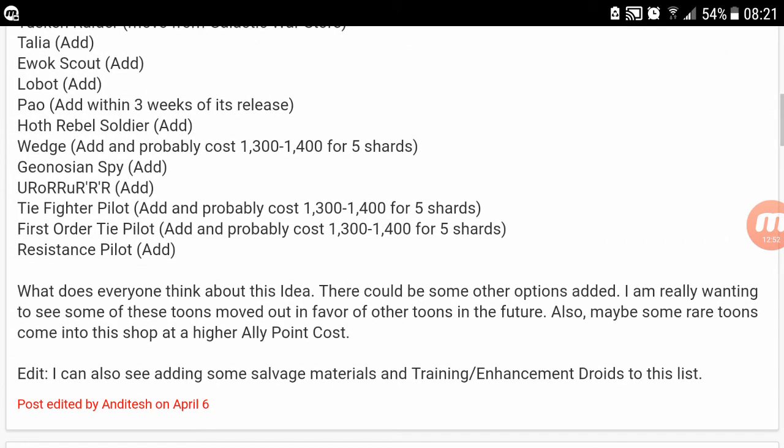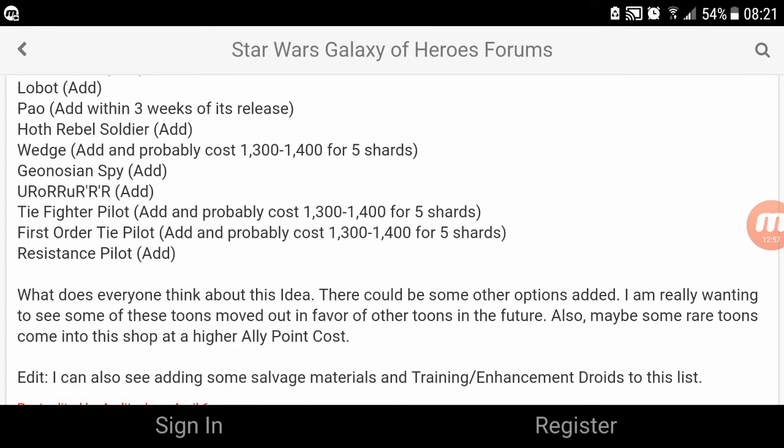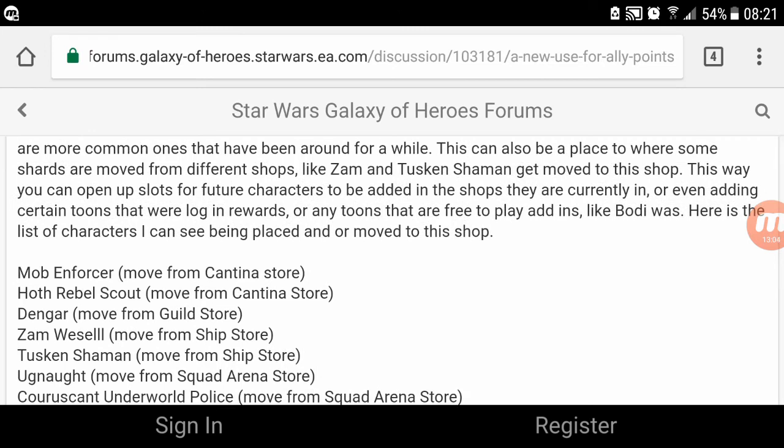And I also suggested having training droids, enhancement droids, and a few other items in this shop to help the free-to-play players. Like even having like 400 shards for 100,000 credits, or something random like that, just to give a little more credits early on. Maybe not that much. Maybe like 400 for 50,000 credits, or 35,000 credits. Something to give earlier players a little more credits,